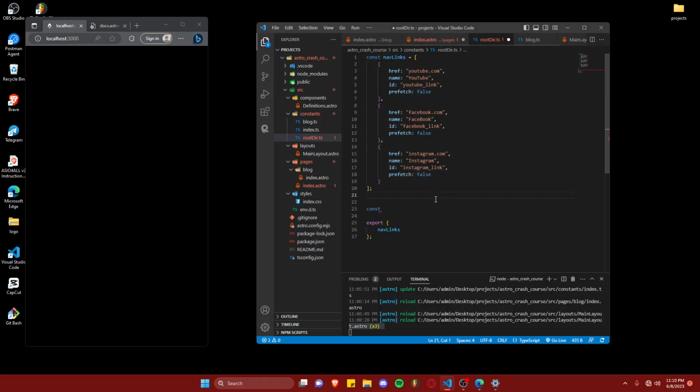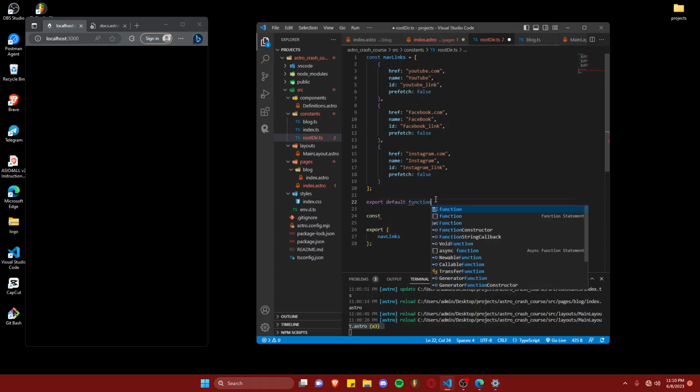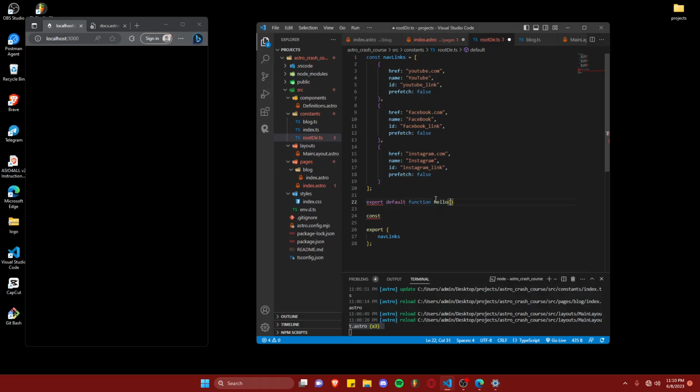So there's just one thing to note. If you're using functions, let's say you need to use normal functions, like for default function. There we go. You declared it hello. Then there we go, as you can see. Okay, we are getting sidetracked, so let's just do const site title Astro